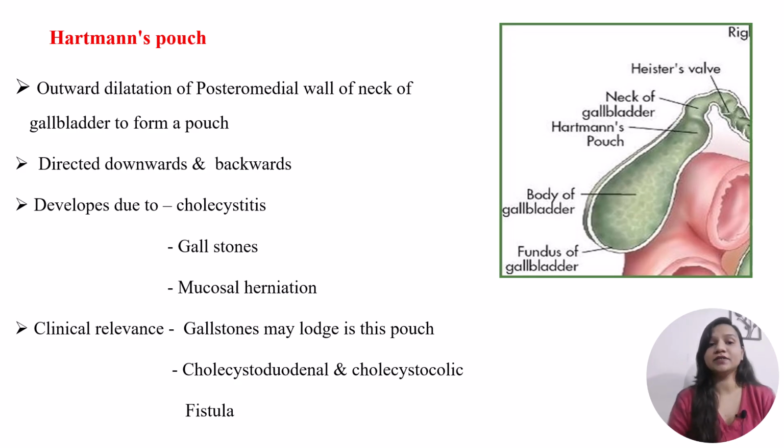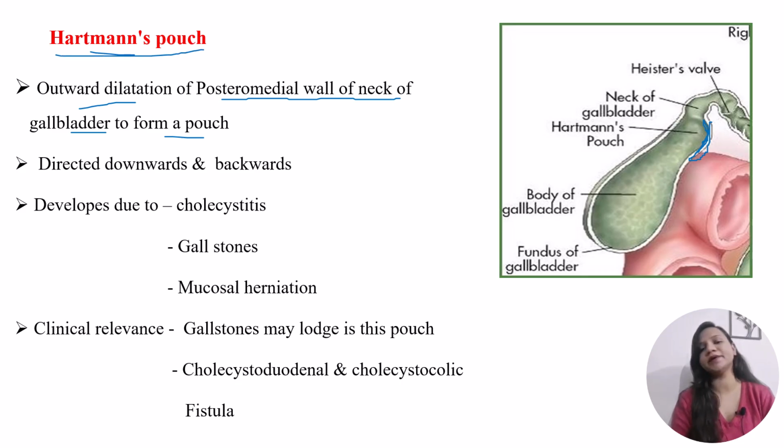Next one is the Hartmann's pouch. Hartmann's pouch is the outward dilatation of the posteromedial wall of the neck of the gallbladder to form a pouch. So what is it? It is the outward dilatation, as you can appreciate here in this picture. It is the outward dilatation of the posteromedial wall of the neck of the gallbladder, and it forms a pouch. And this pouch is called